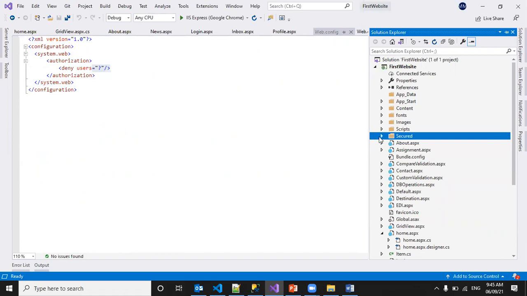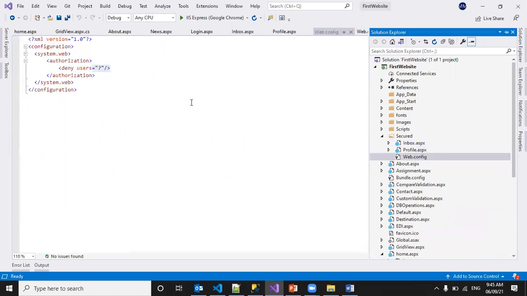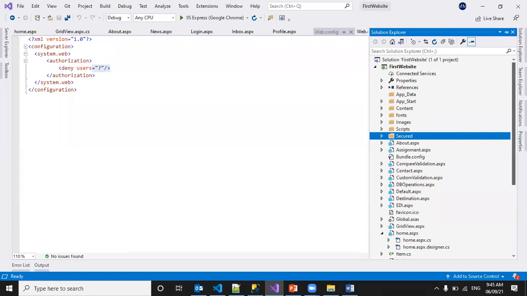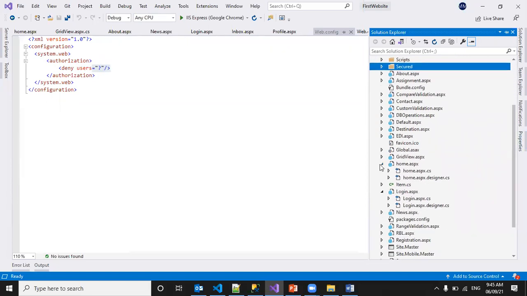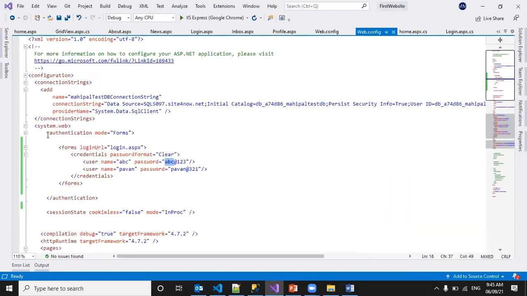So you have to create one folder. Under that, you define whatever pages you want to restrict, and add a web.config with this line. Next, in the main web.config file, you have to set authentication mode equal to forms.